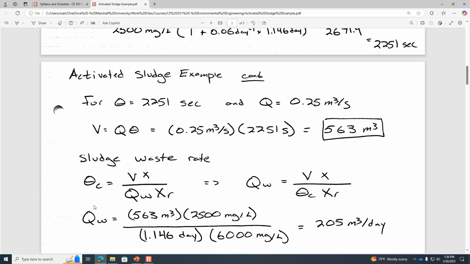So the volumetric flow rate, the rate that the sludge is being disposed of, is 205 cubic meters per day. When we put in the volume of the aeration basin, the concentration of mixed liquor in the aeration basin, the mean cell residence time, and the concentration of mixed liquor volatile suspended solids in the sludge after it's settled in